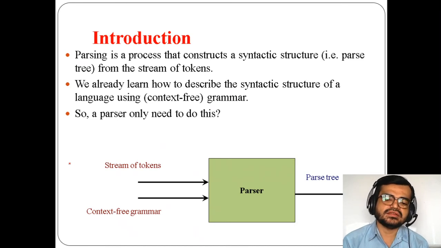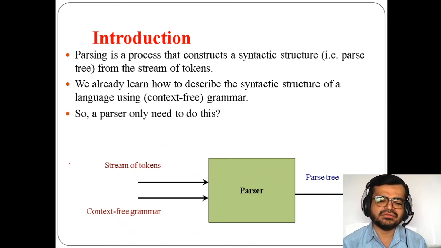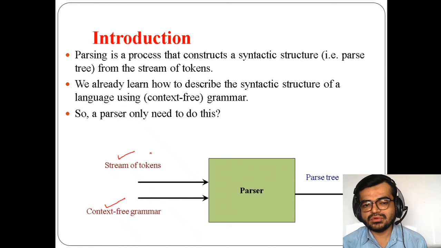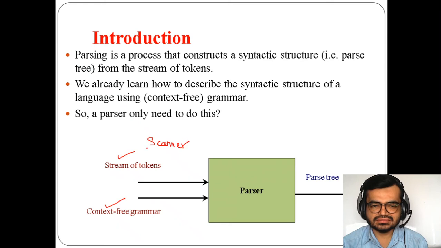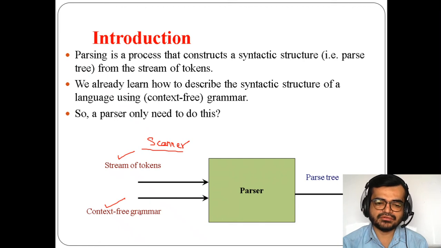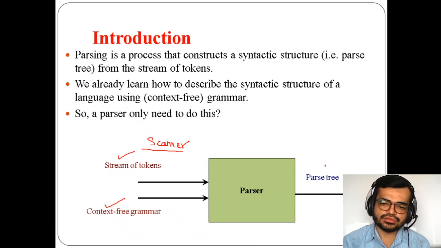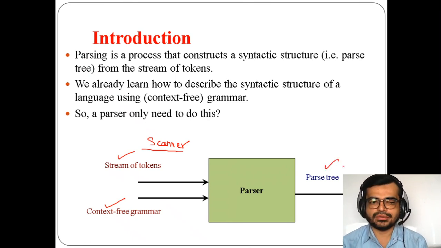But meanwhile we'll discuss the parsing process. If anyone asks what you mean by a parser: a parser is a process which takes two inputs. The first input is a context free grammar. The second is a stream of tokens. Who gives this stream of tokens? The scanner gives these tokens, and the tokens are taken as input for the parser. With the help of the context free grammar, you achieve parse trees, which you may obtain in a top down or bottom up approach.